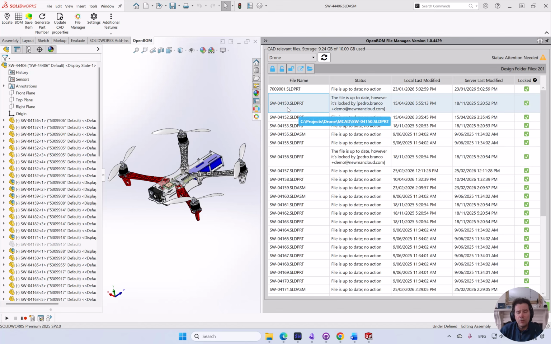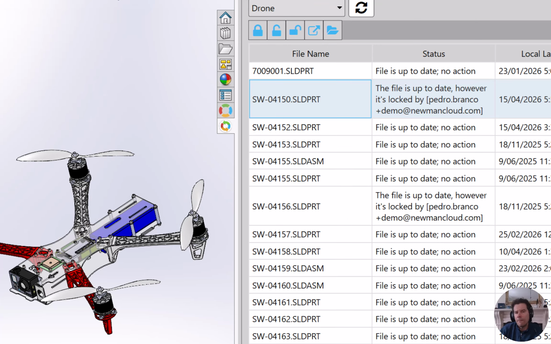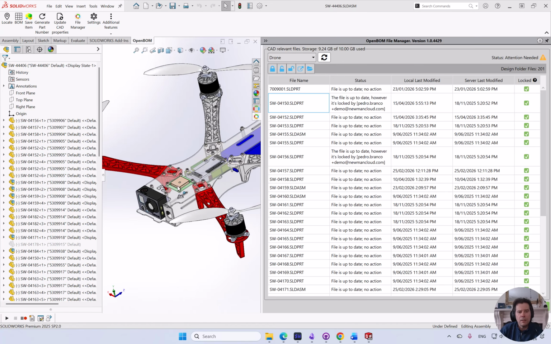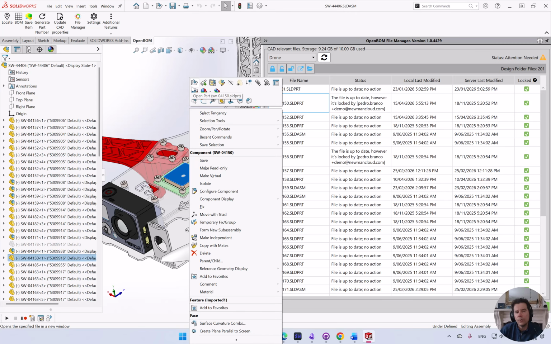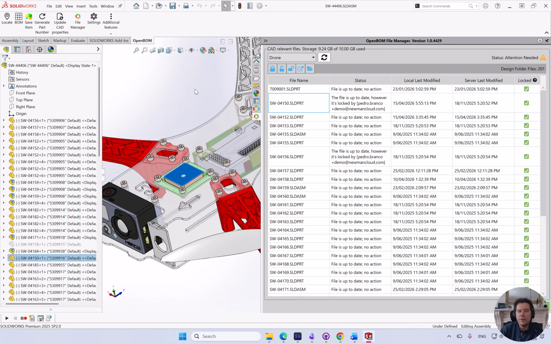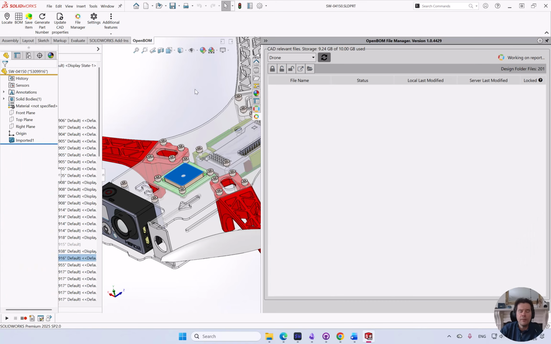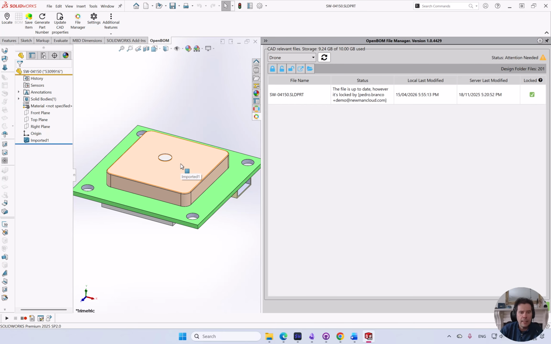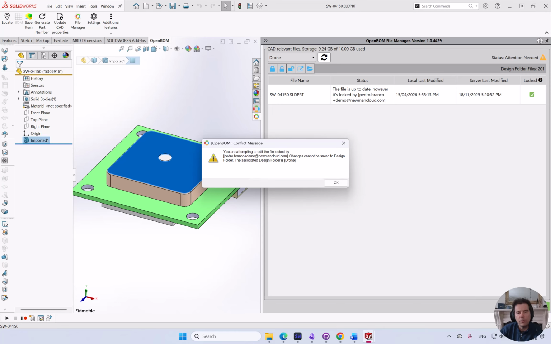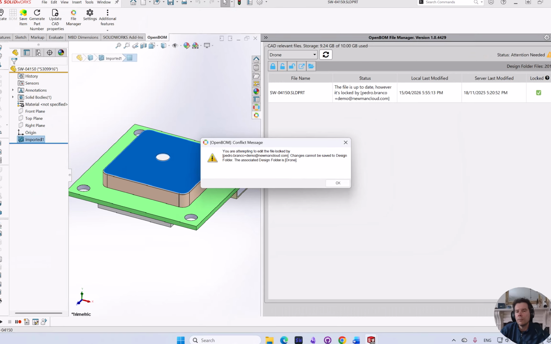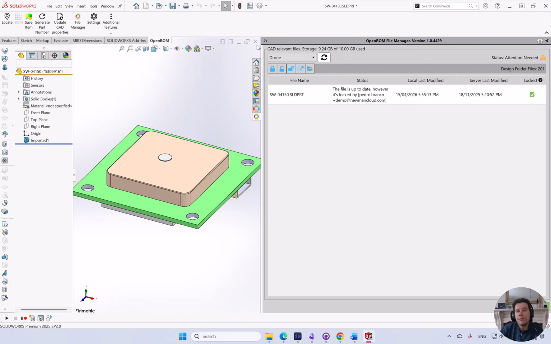So if I try, for example, to modify this 4150, which is this guy over here, notice that OpenBOM will alert you that the file is locked by the other user, preventing accidental changes. So if I rebuild and try to save, I'll receive a message that the file is locked by the other user, so preventing me to